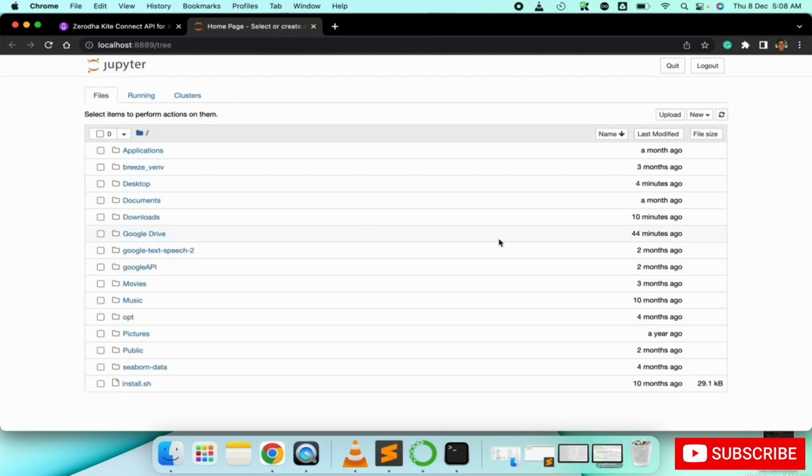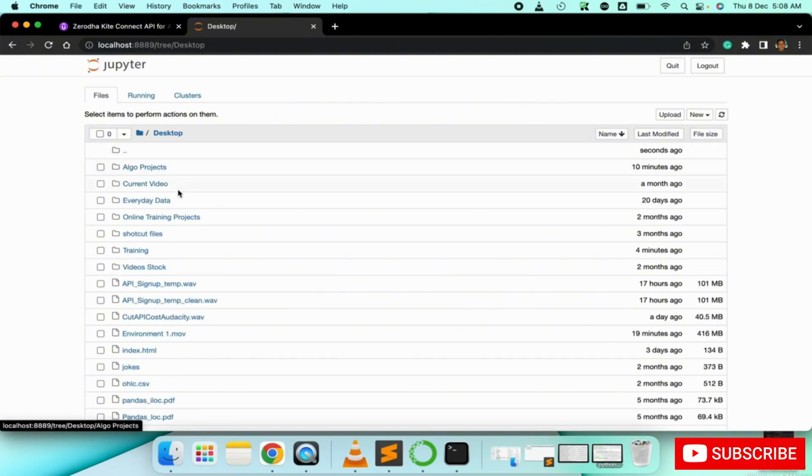Jupyter Notebook is a browser based IDE. So we can create our code files over here, and then we can share those code files with other people. And it can be hosted online also. So it's very easy to use. Here you can see list of all the folders in your home directory. So you can go to any of the folders